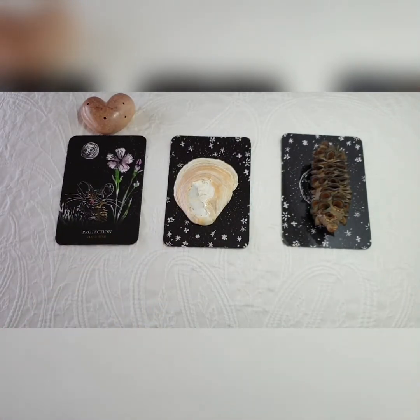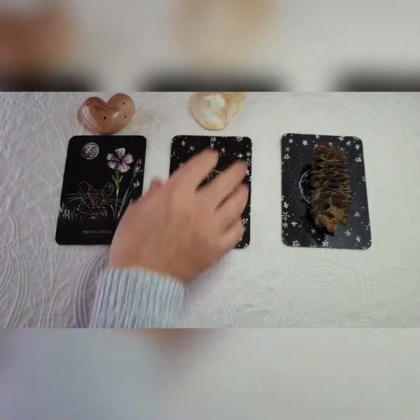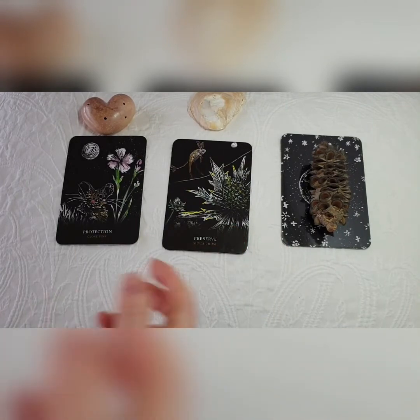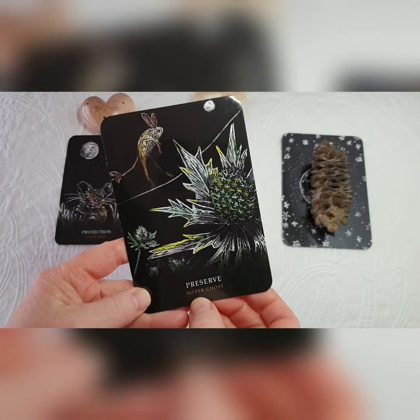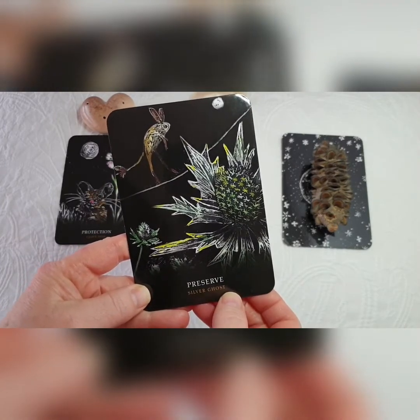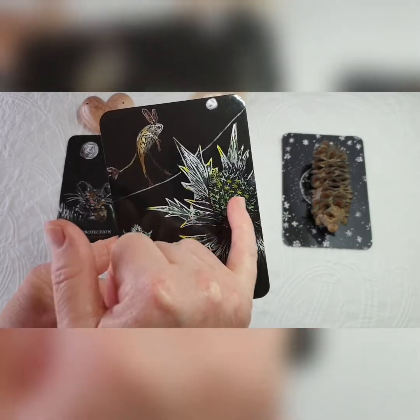And now we're going to move on to card 2, or the oyster shell. So we'll move that up there, turn the card over. Preserve. Wow. And this card also has another little thing down here which tells us about the flower, Silver Ghost. Now I'm being really drawn to this green in the